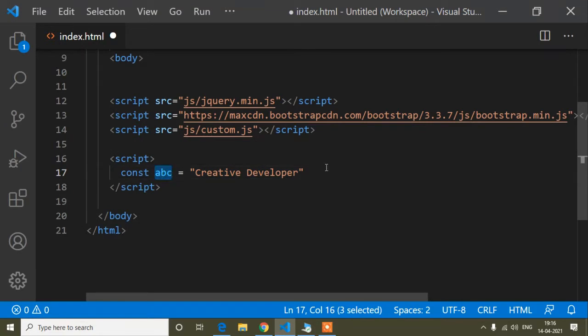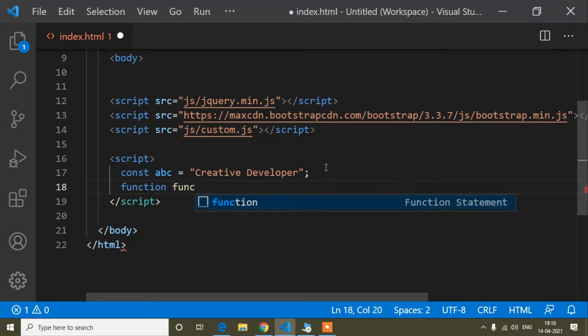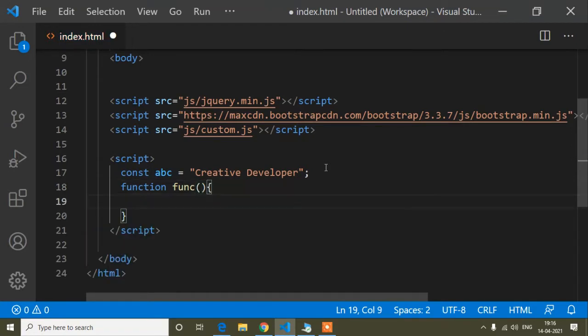and you can put any variable name. And now guys, here I write function, someone calls it a method, both are right, and the function name is func. You can write any name for this function. We can also define a function another way: we don't need to write the function keyword, we can write equals to, and then an arrow. This is called an arrow function. We can define it this way also, but here I will write using the function keyword.